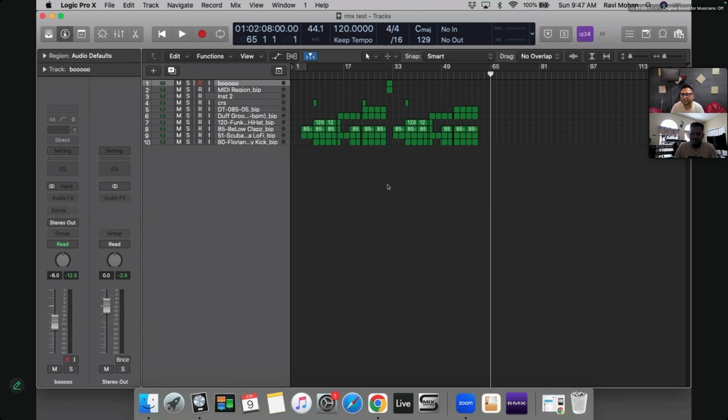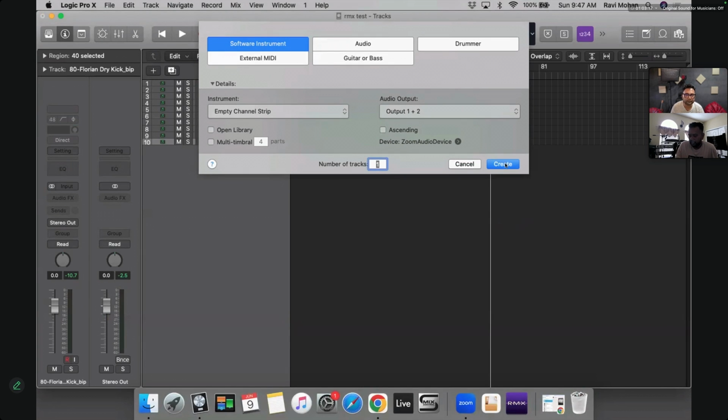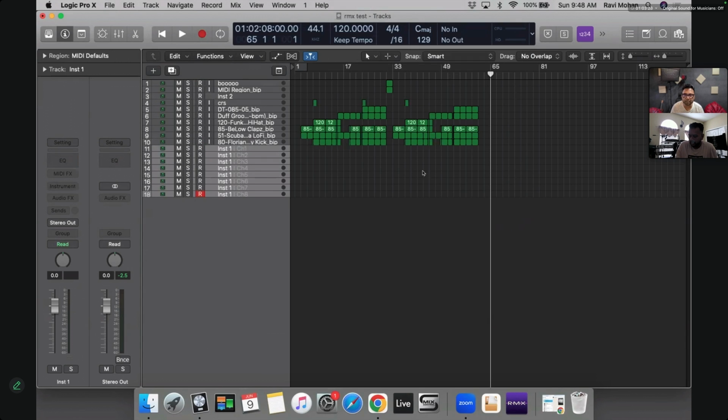So let me go to this, and now multi-timbral output, and we can have up to 8 outputs. Okay, and let's create this. Same thing, nothing special, but this is gonna create 8 tracks at once, and whatever instrument you put in here would be copied to all of these.